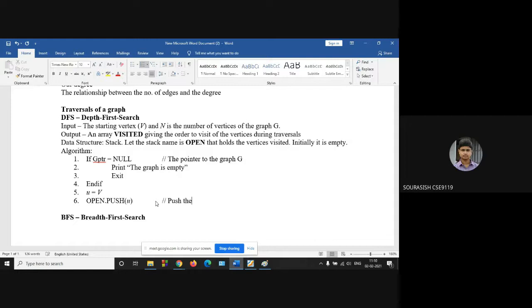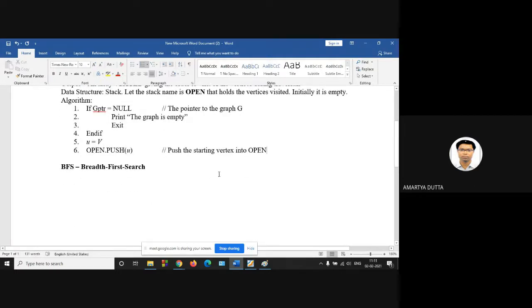Push the first vertex, the starting vertex, into open. Push the starting vertex into open. Okay. Now while your